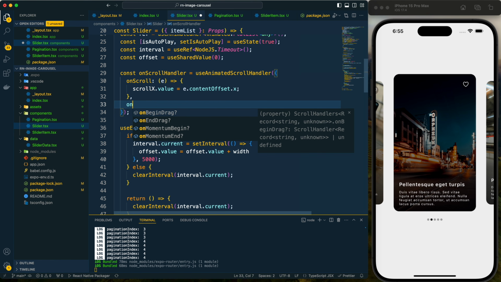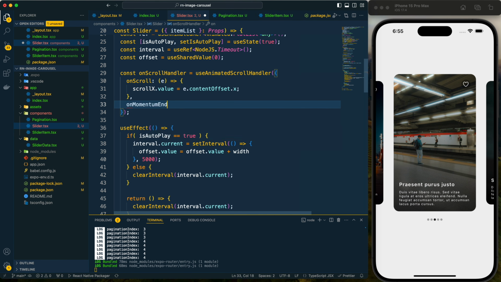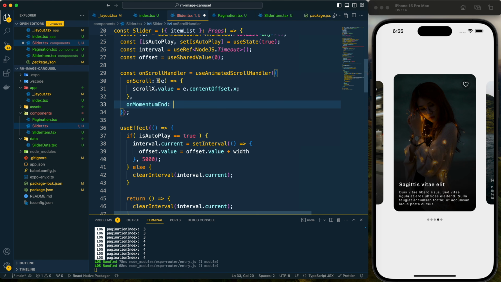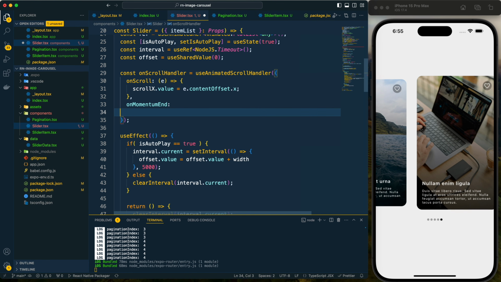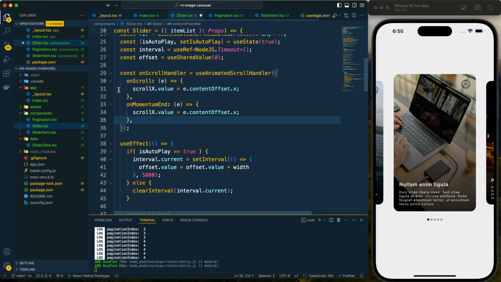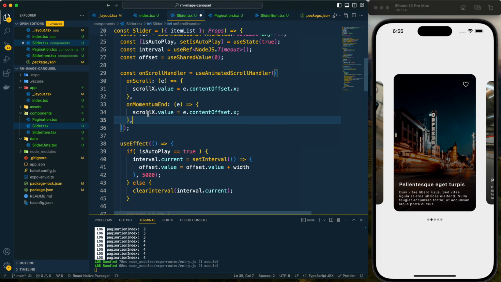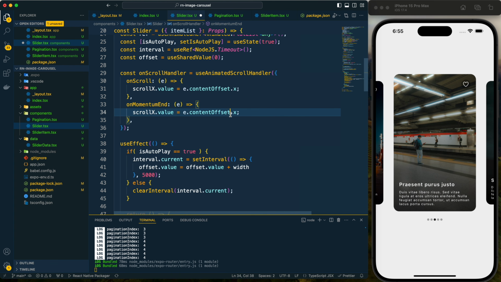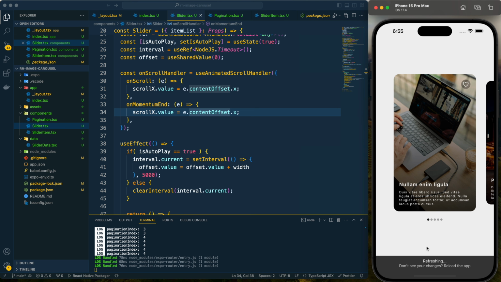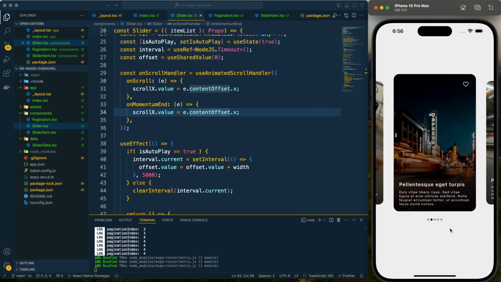So finally we need to provide on momentum end, we need to update the scroll x value, because when it's getting scrolled that time we are updating it, but when it is auto playing that time we are not updating it. So we need to update this by this on momentum end. So now finally saved it and let's see. So it is auto playing properly.